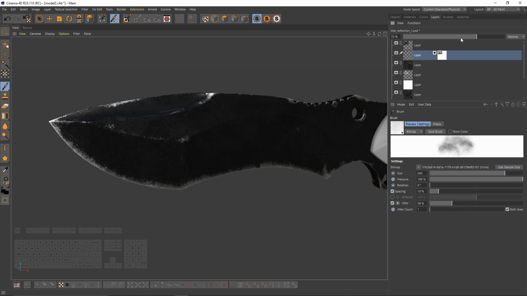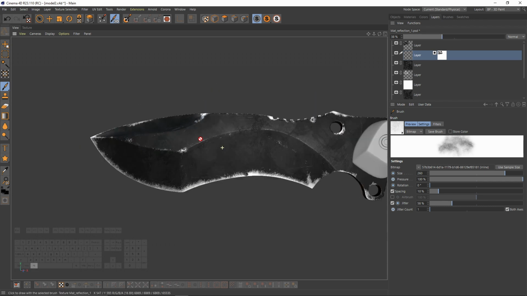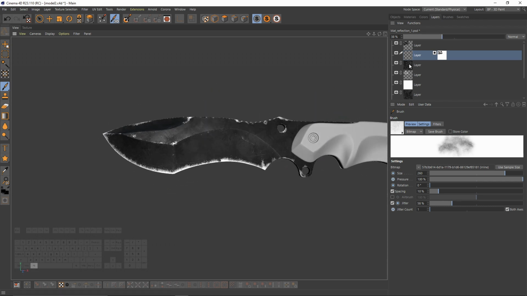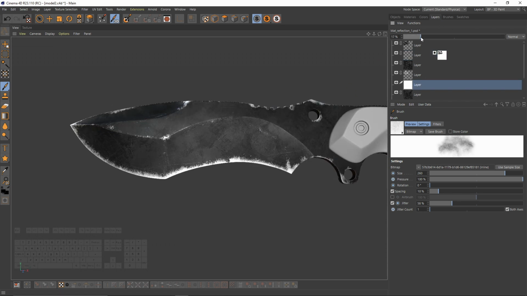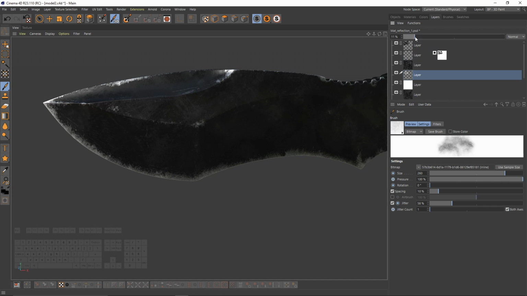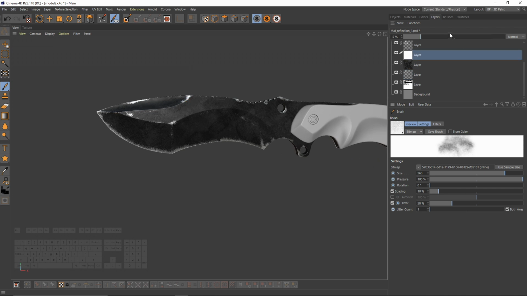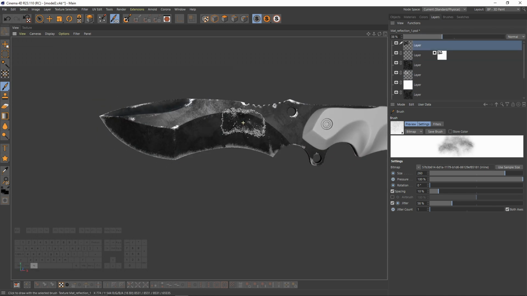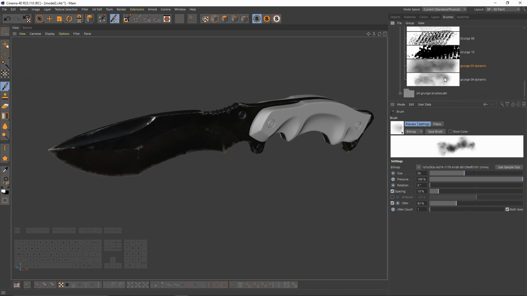And also I will decrease these stretches. And maybe we can change that to... Now I will create another layer in the reflection channel and select the white color, and I will select that